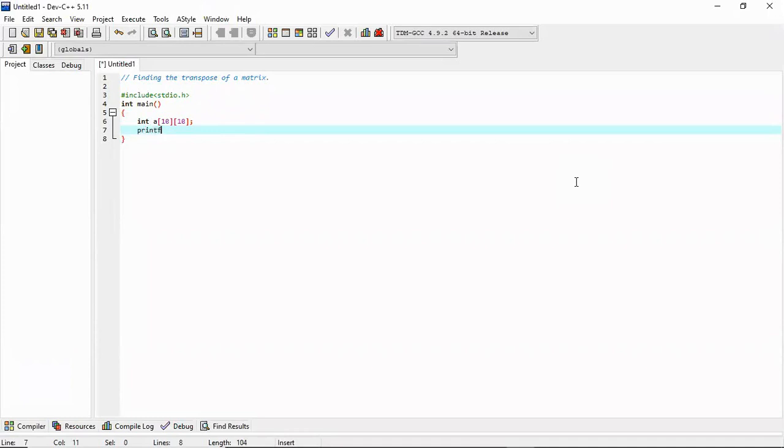So let us write printf, enter the number of rows and columns of the matrix.